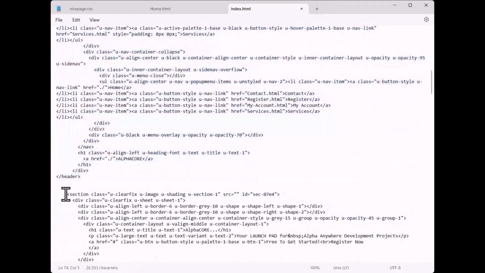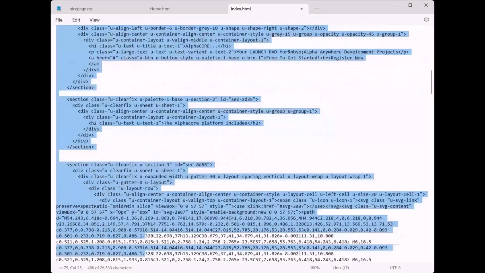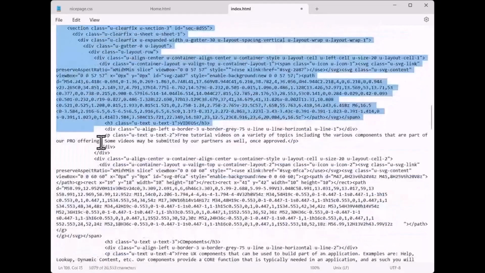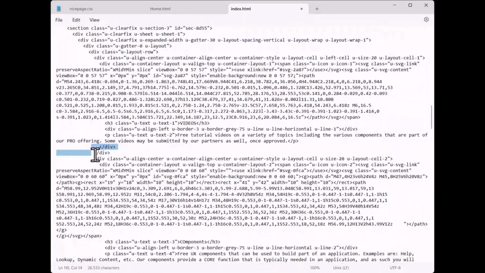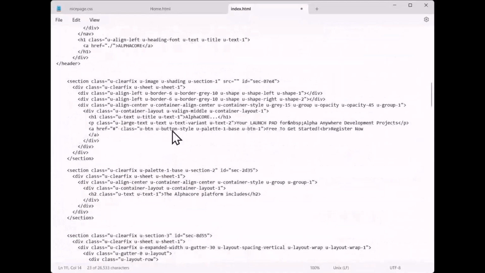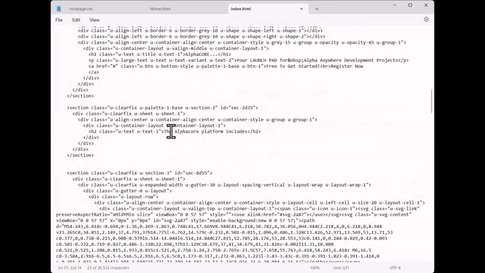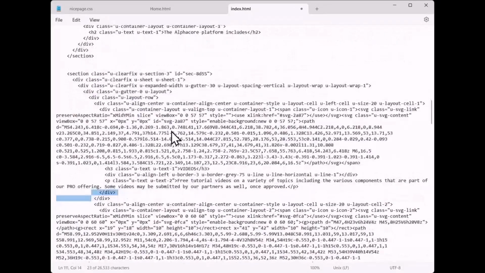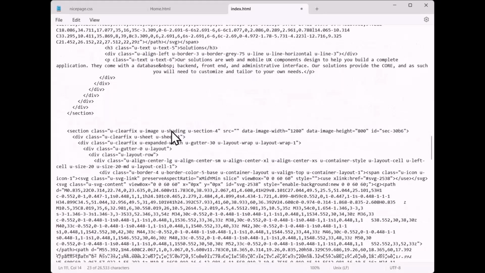And then we have separate sections. Now, all these separate sections are going to be input individually so that we can either activate them or not. And we are going to assign these sections to a page so that it knows what to render on that page. So each section is a database